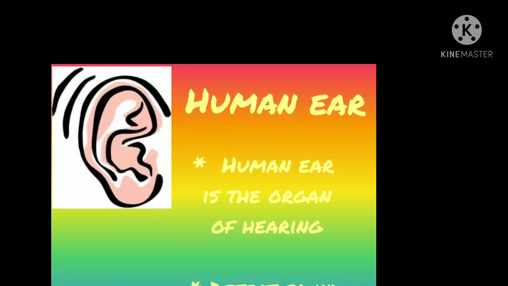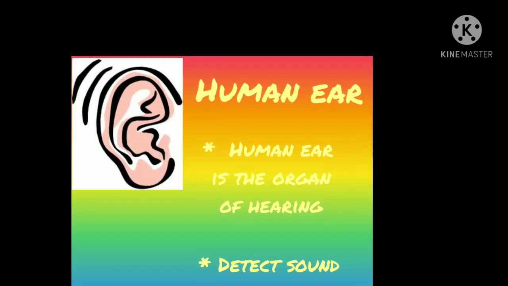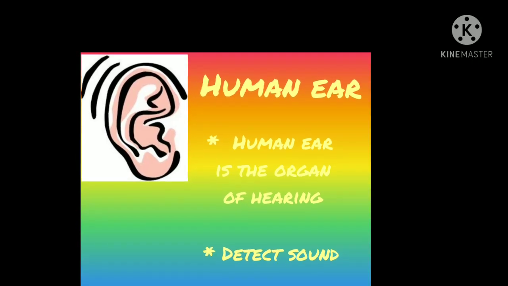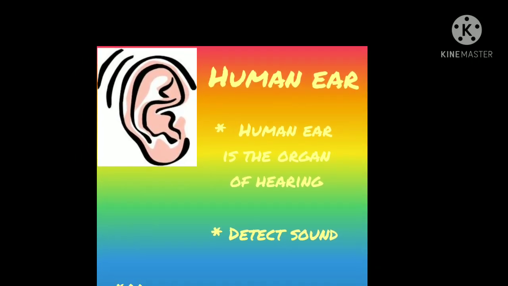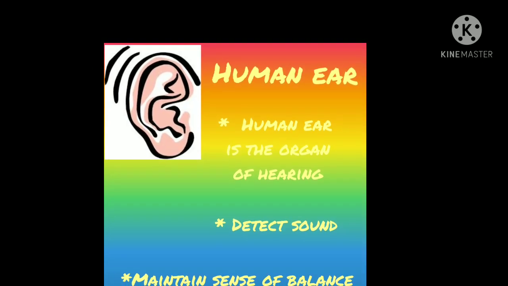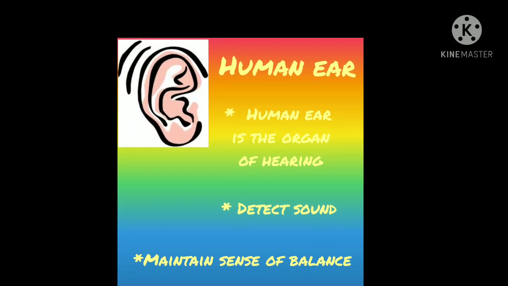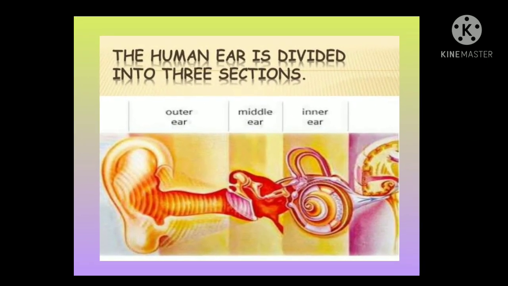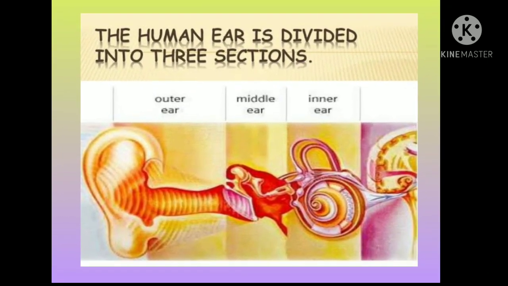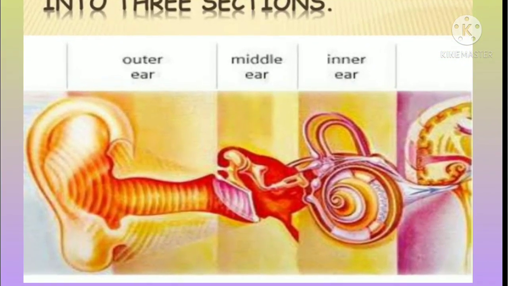Ear is the human organ that enables us to hear sounds around us. The main function of the ear is to maintain our sense of balance and detect the various sounds. It helps us to convert the pressure variations into electronic signals that travel to the brain through the auditory nerve. The ear is divided into three parts: outer ear, middle ear, and the inner ear.